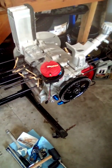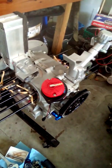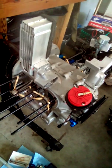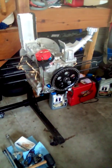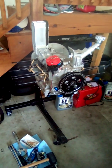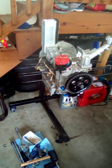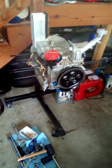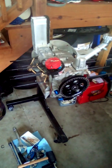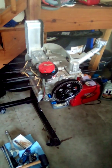Hey everyone, just wanted to post a little update on this long since mentioned 2332cc build I've got going. I guess sometimes I'm my own worst enemy, but I've been slow getting it together because, number one, I've had some things that I wasn't happy with and wanted to make changes to. For instance, the bearing fitment in the case matching to the